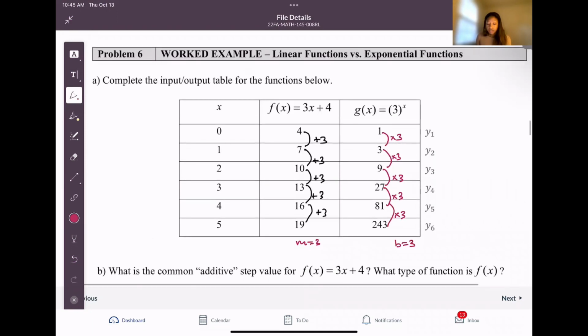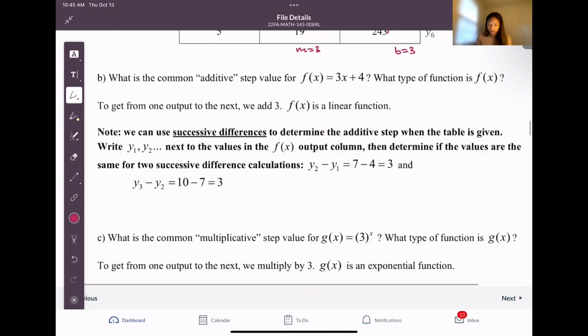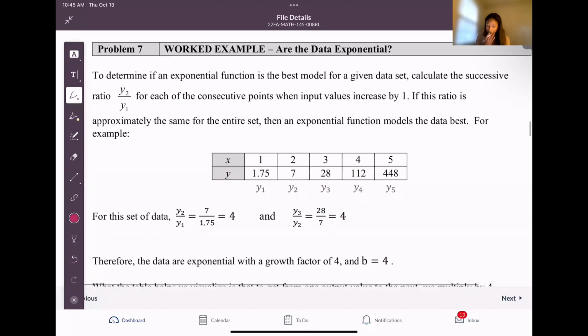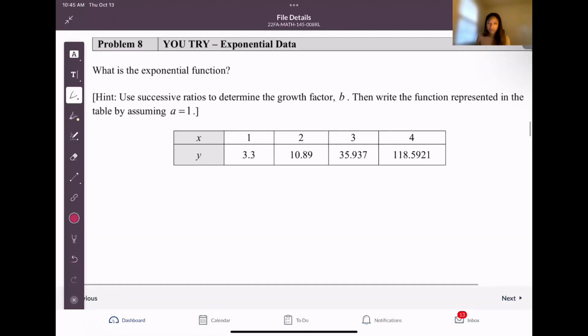All right, so let's go to problem number 7. This one's worked too, actually. Let's go to one that's not worked. Problem number 8, a you try example. What is the exponential function? So we're given a function here. The outputs are 3.3, 10.89, 35.937,